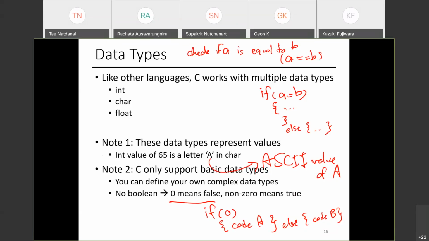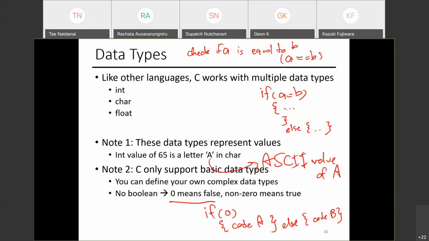This can be a headache when you try to debug a program, because it's so hard to detect this kind of bug. It will not say it's an error. It's actually a totally valid statement. It would actually assign the value of B into A. And do you know what the return value of that is? It's the value of B. So depending on the value of B, if B is 0, this is a false statement. If B is 1, it's going to be a true statement.